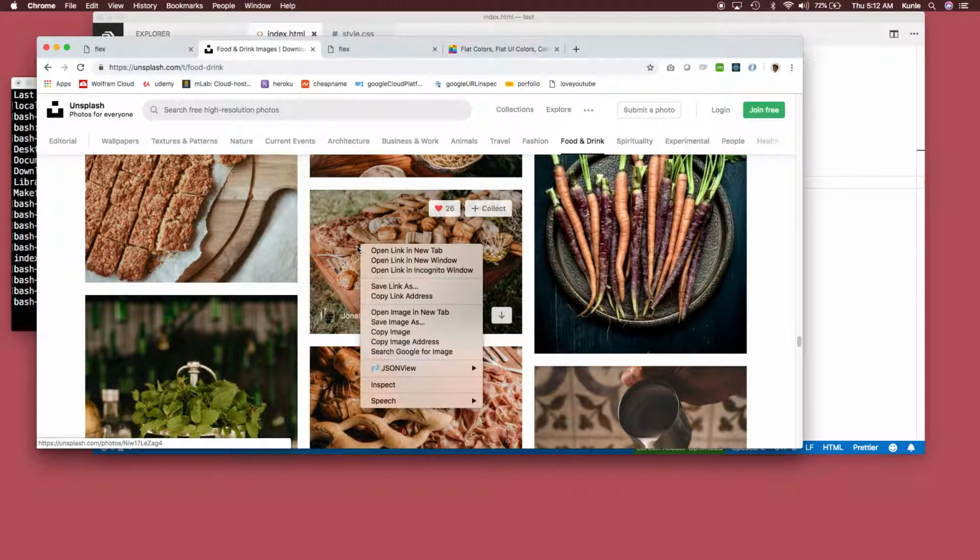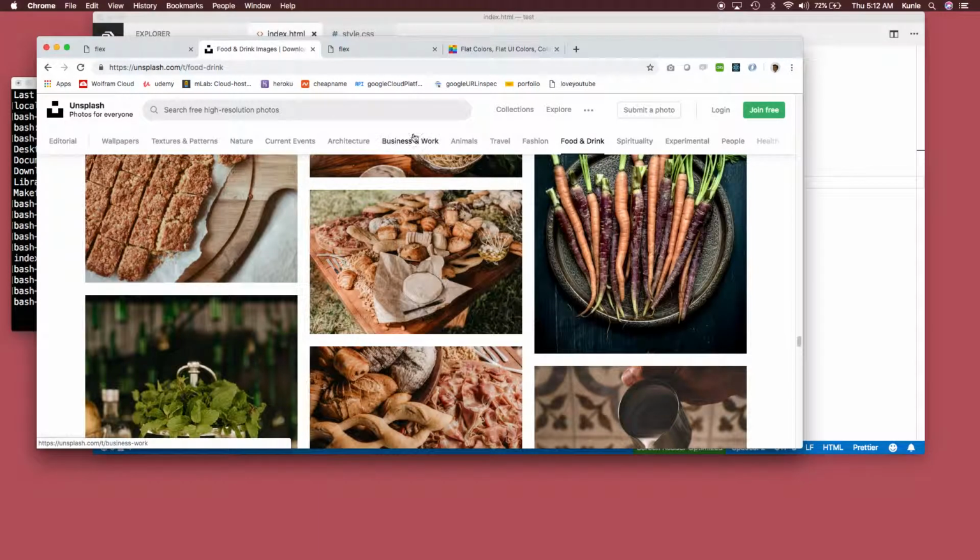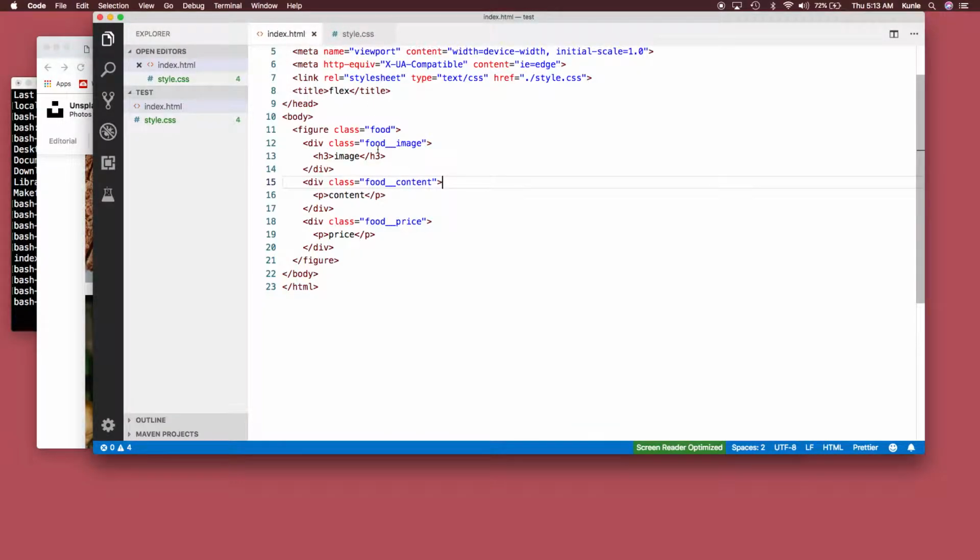Okay, and then we can copy image. I think it's image address or image. What is it? Copy image address. Is it? Let's see. It's only one way to find out. You try it. If it doesn't work, then it's not that. Okay, so let us